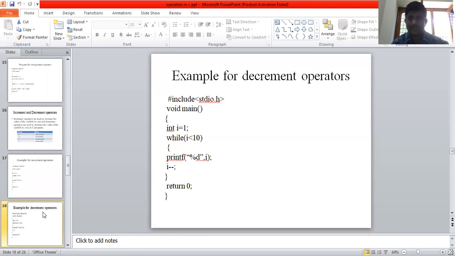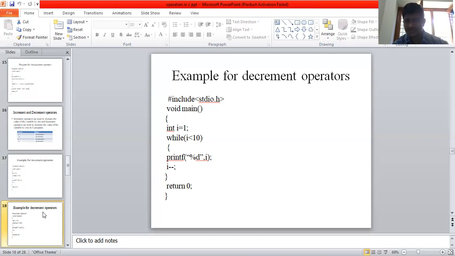This is the example for decrement operator, same as the other programs. Integer type variable I equal to 1, while I less than 10, it is a condition. Printf percentile d, I minus minus. I value is 1. First it displays the output 1. Then I value minus minus, 1 minus 1 is 0. 0 less than 10, condition true, then execute.